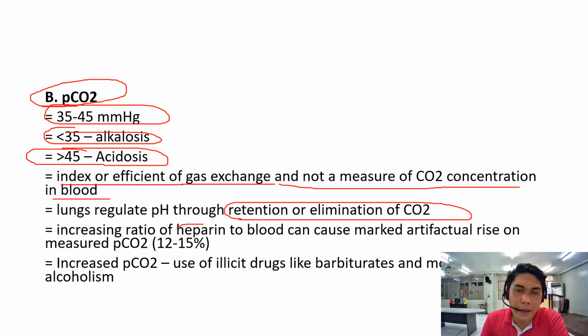In the collection of arterial blood for pH and PCO2, you're going to use heparin as anticoagulant. If there is an increased heparin to blood ratio, the effect is an increase in PCO2 level by 12 to 15%, a marked artifactual rise in measured PCO2. So make sure you maintain the exact heparin to blood ratio during the collection of specimen for blood gas analysis,